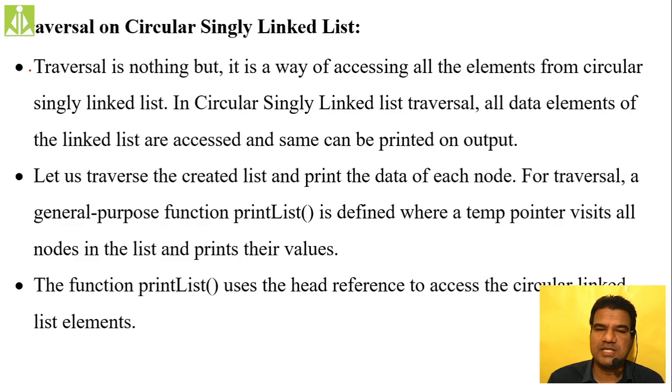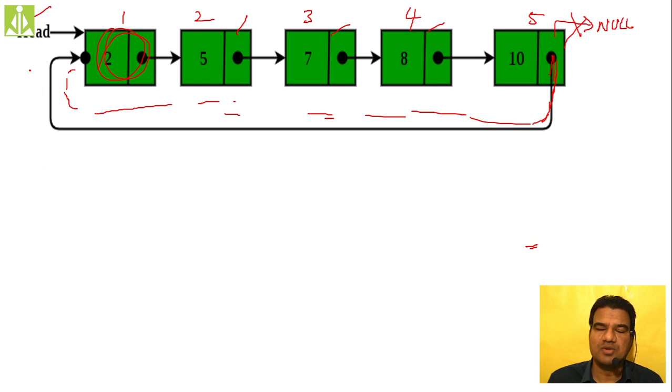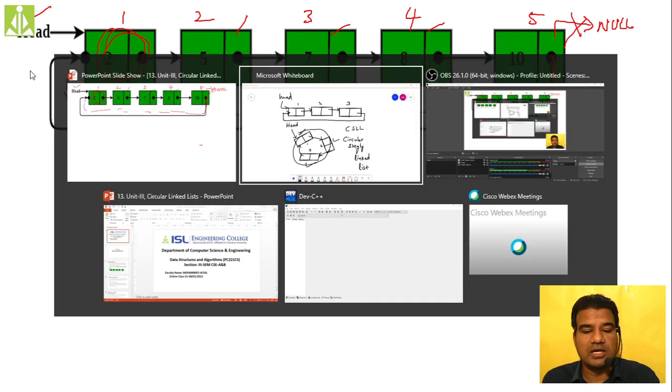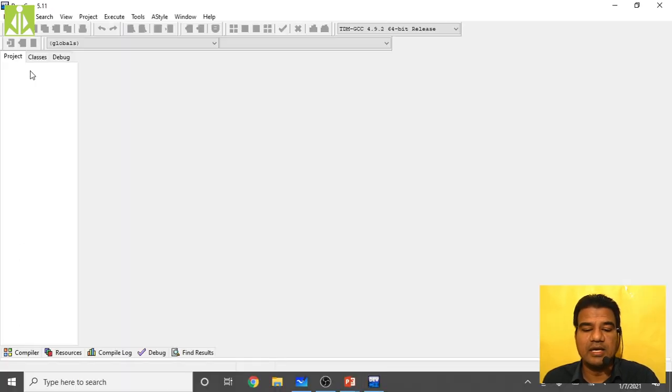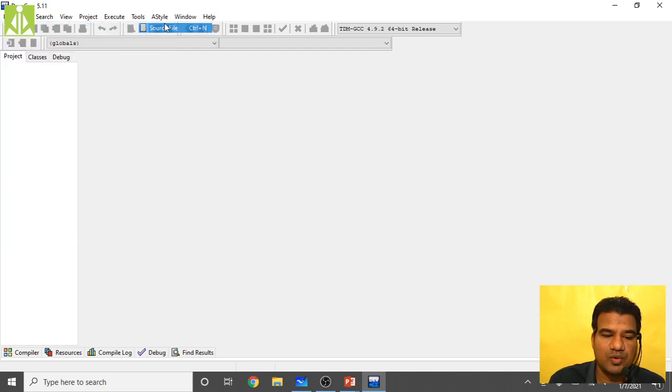So first we see the implementation by using three simple nodes, and then after we see the traversal technique. Okay, first we see the implementation with the normal three nodes, and then we see the traversal. So how can we do the implementation? I will take the help of my IDE. So this is my IDE. So what I have to do, take the new program.